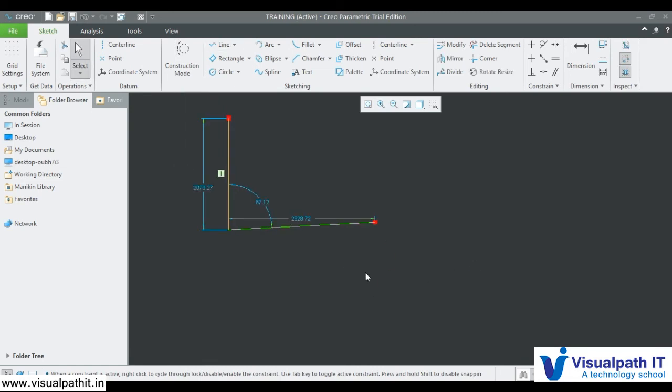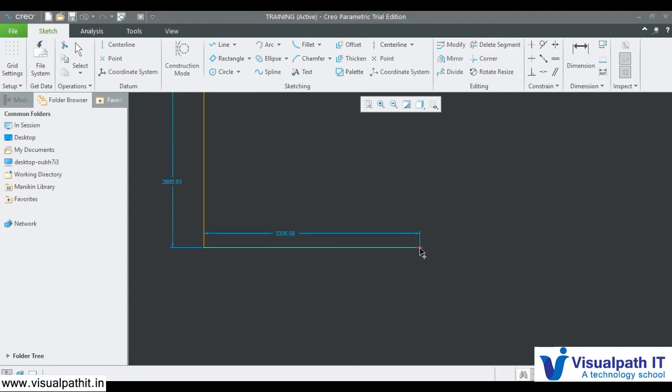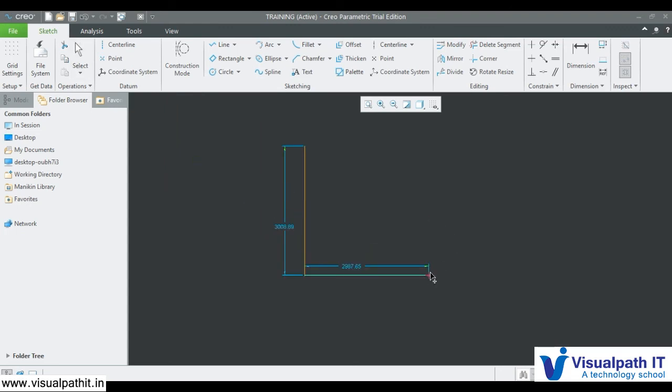I thought it is horizontal but it's not. Then if I select one edge and move it, it will move here and there. It can change the angle also. If I select horizontal and select this line, then select this edge, it will stay horizontal. It will not change the angle.